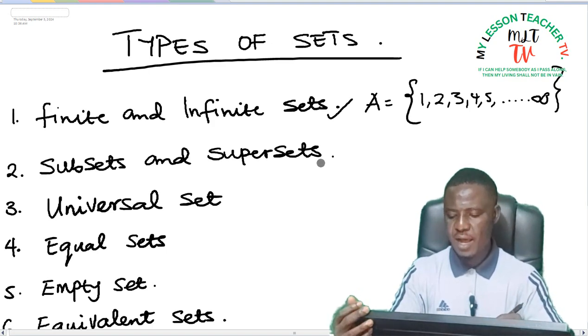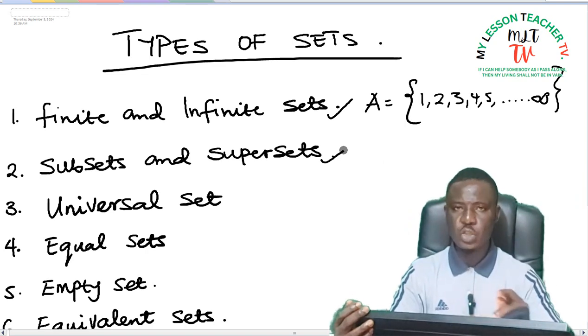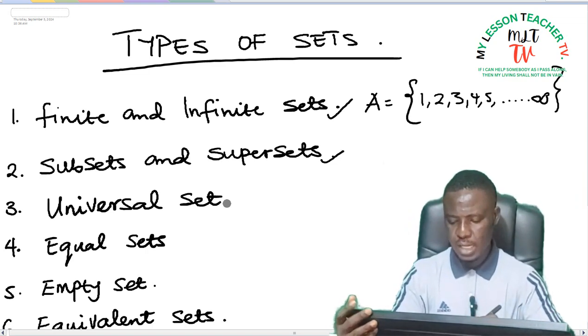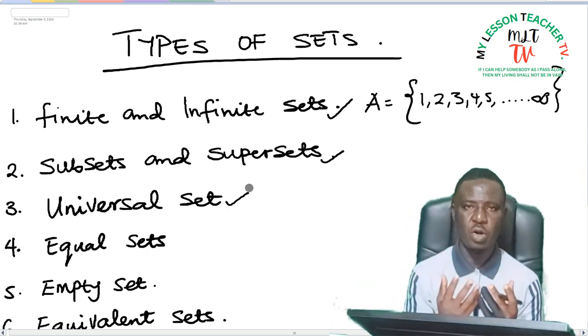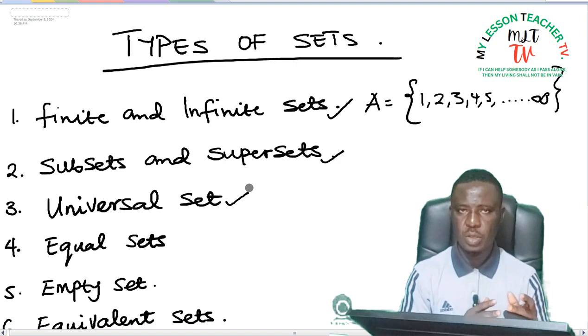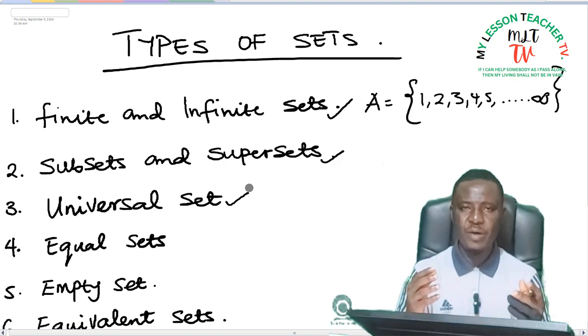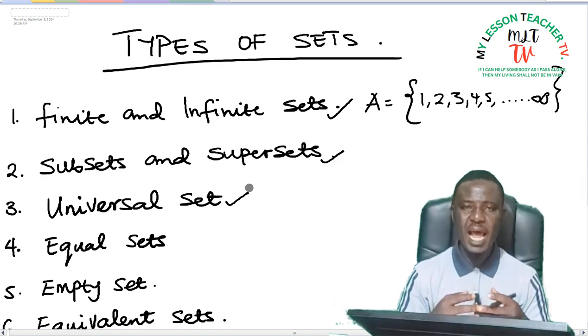Two, we have subset and superset. Before I go into subset, I will first of all like to define the universal set. A universal set is said to be a collection of all the elements under consideration. For example, we may refer to Nigeria or a country as a universal set, whereby it has